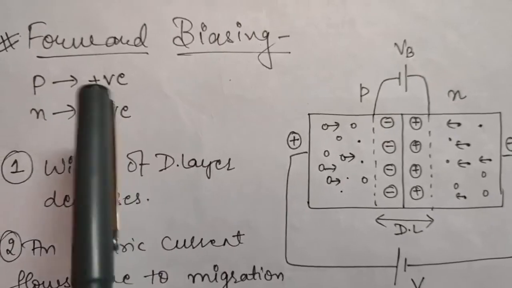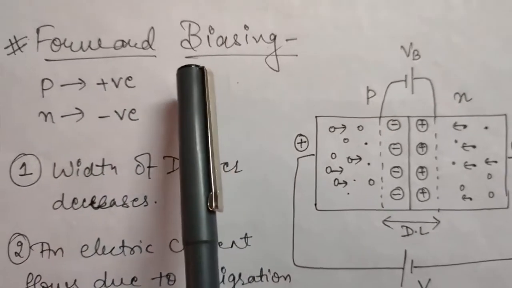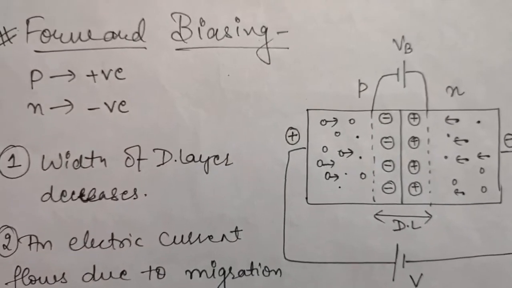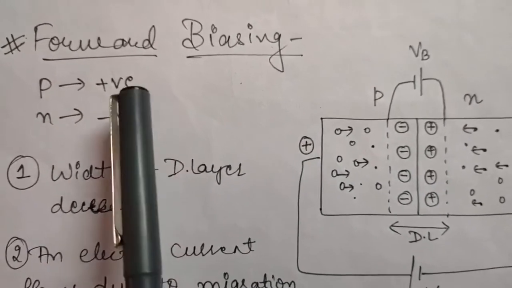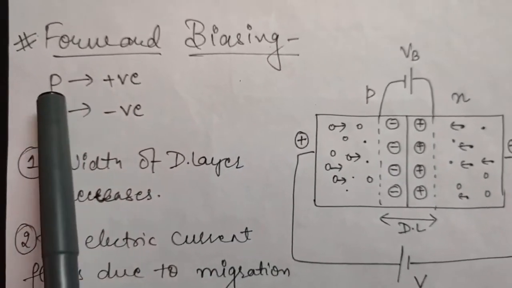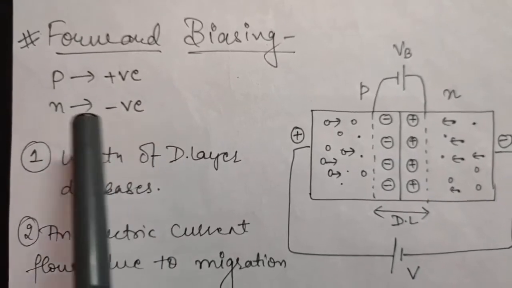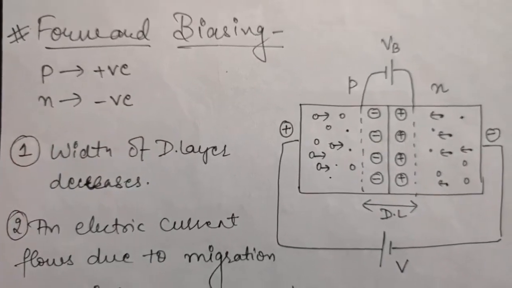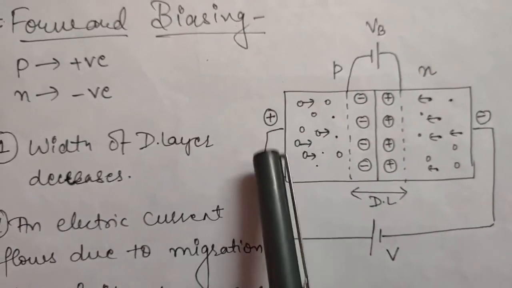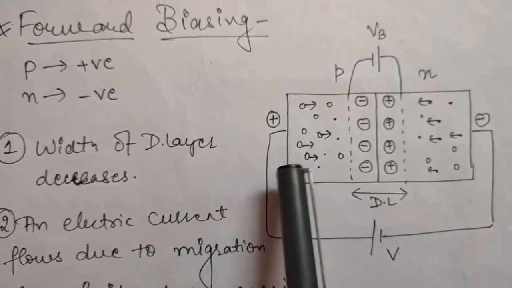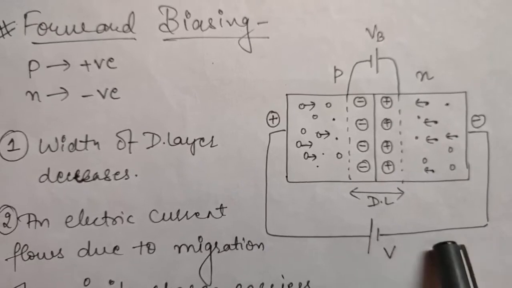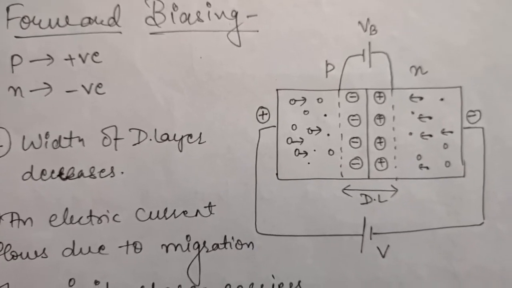Okay, so what do you mean by forward biasing? As I told you earlier, by biasing you mean that you connect an external DC voltage to the PN junction. Now by forward biasing you mean that the positive electrode of the DC battery is connected to P type and negative electrode is connected to N type. Okay, so this is the meaning of forward biasing. For example, here this is your PN junction and I have connected a positive terminal to P type and negative terminal to N type of external battery, which makes it the forward biasing, right?